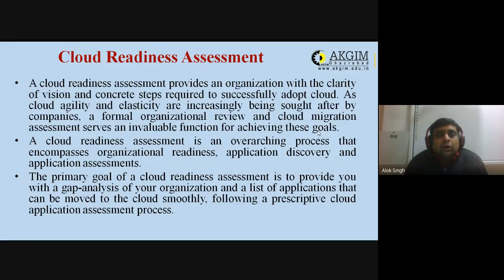Okay, so a cloud readiness assessment is an overarching process that encompasses organizational readiness, application discovery, and application assessments. The primary goal of cloud readiness assessment is to provide you a gap analysis. Basically, you will perform a gap analysis, meaning what is the expected outcome, what is the actual outcome, and what is the gap between these two. Then the gap analysis of your organization, and how you will fill this gap by adopting this cloud environment,